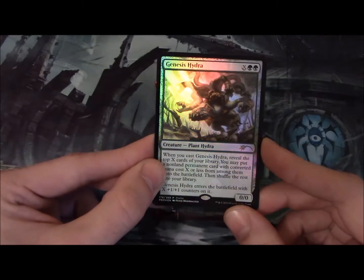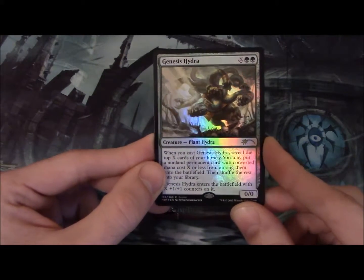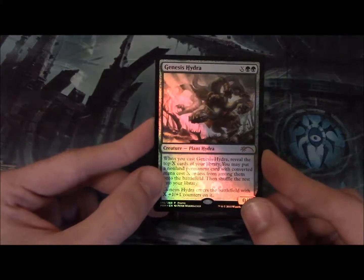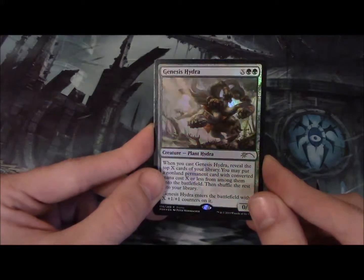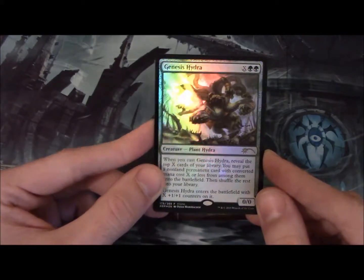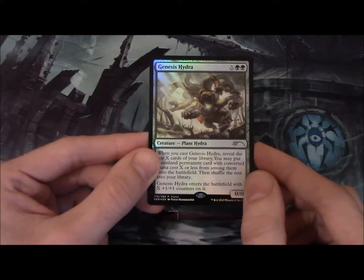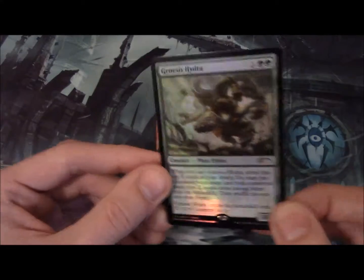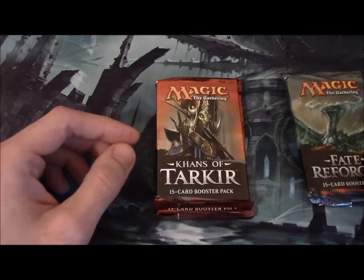But Genesis Hydra is actually a really neat card. It's in a similar vein to Genesis Wave, except I still think Genesis Wave is a better card. But Genesis Hydra is a pretty sweet card. Honestly, a lot of people were thinking it was going to replace Bloodbraid Elf in Modern at a time, but it never did. Honestly, I think it's just a little too tame for that, and in order for it to really be effective, you need a lot of mana. It's a great EDH card, and it's a lot of fun to play with when it does work the way you want it to. Anyway, our random packs are, of course, as I mentioned, Fate Reforged, Concept Art here, and